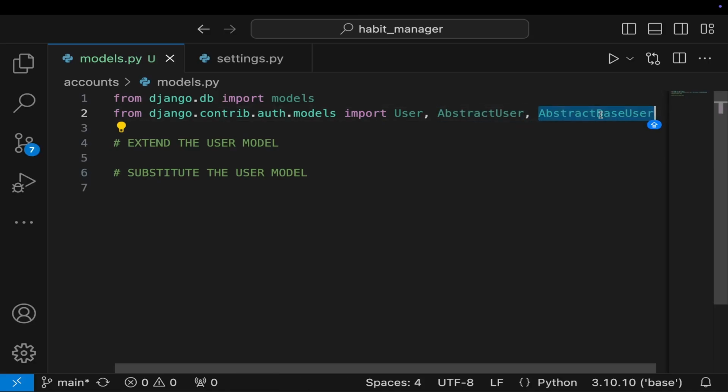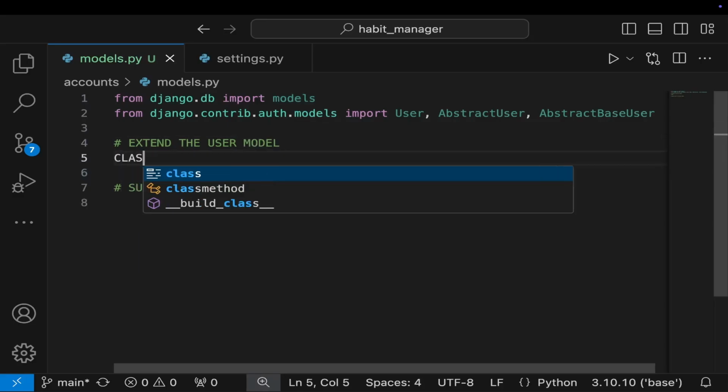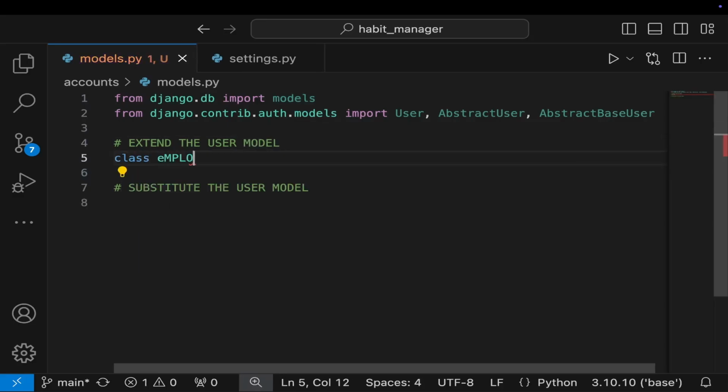Usually, when you want to simply extend the inbuilt user model, which is this one over here, you simply create a one-to-one relationship with this inbuilt User class from auth.models. And this kind of model is always called a profile model. For example, assuming we had our Employee class that simply inherits from models.Model,